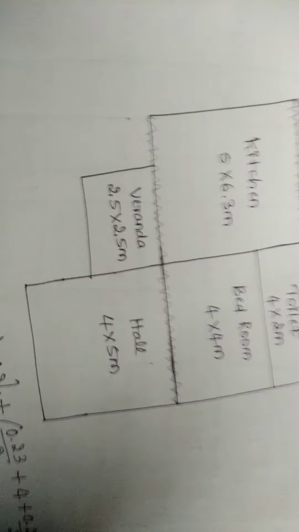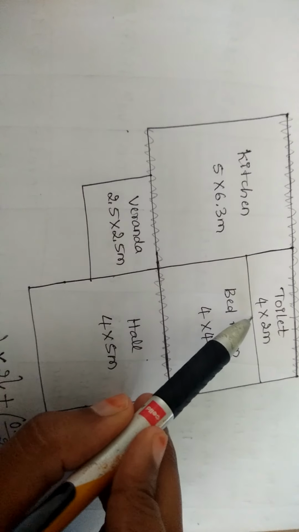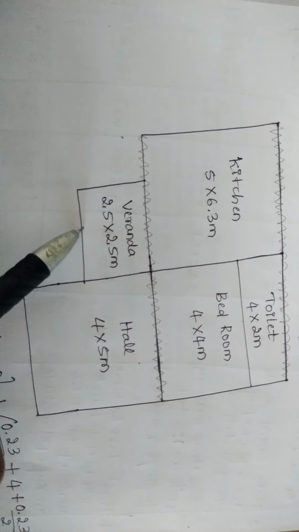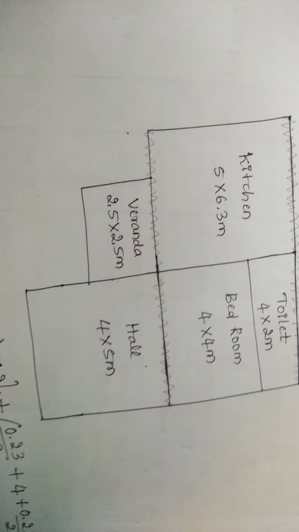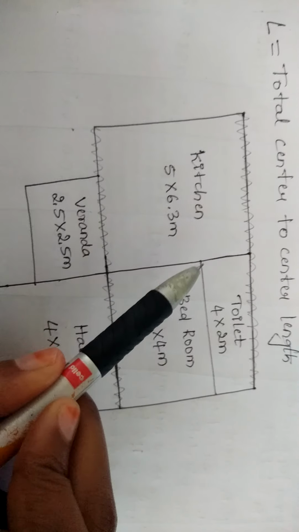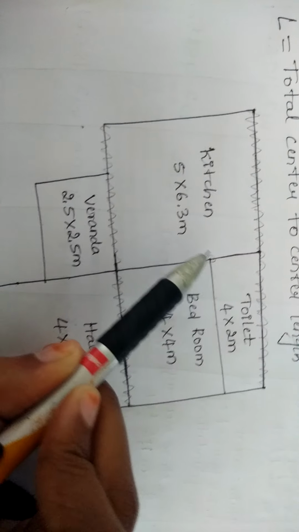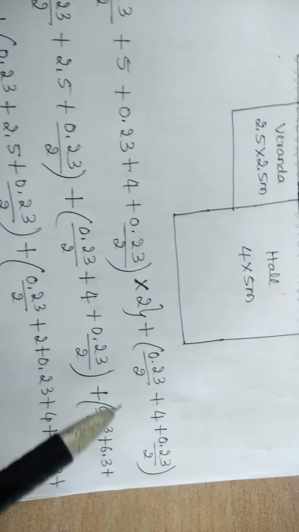So now you have to see how many horizontal walls are left out. See, there are 3 horizontal walls left out. One is this, other is this, and then this. So now I will be finding the horizontal distance of these 3 walls individually. So starting with the end. See, this is the end corner of this particular wall. At the end, I have to take half of the thickness here. Hence, the half of the thickness is 0.23 by 2.